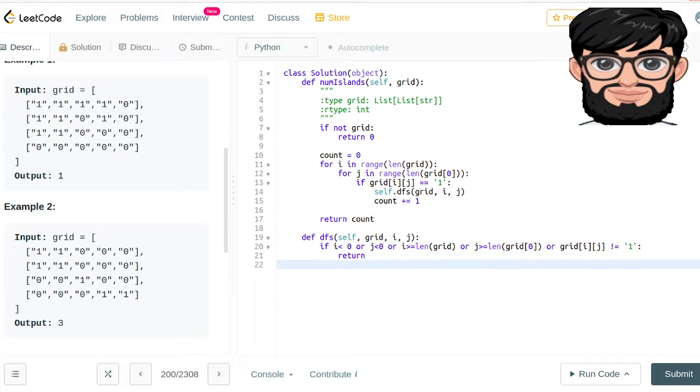Otherwise we're going to change that particular element [i][j] to a different character,